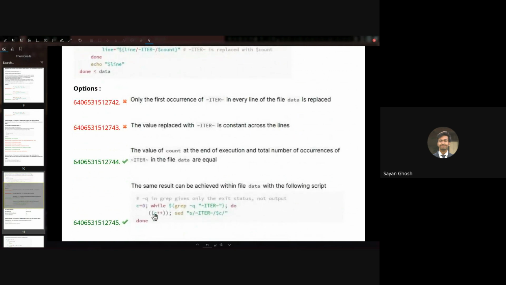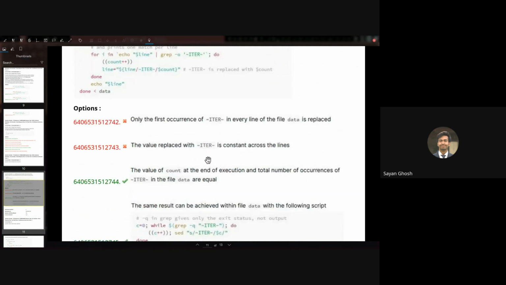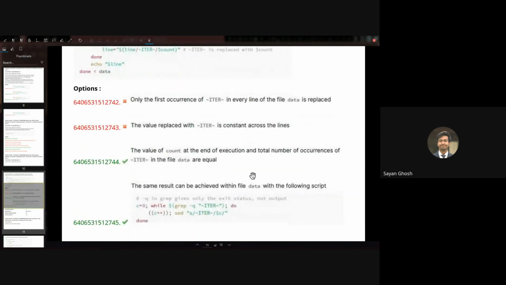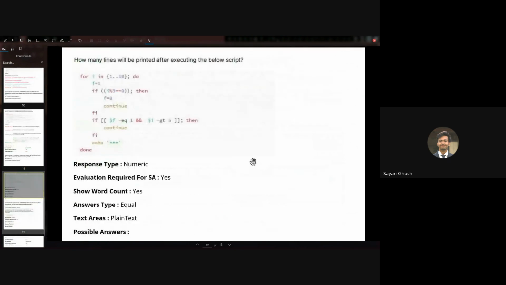So this does not do what it is trying to do. This is most probably marked as incorrect. And so let's move on to the next one. In this, the condition is now different. So in this script, we have